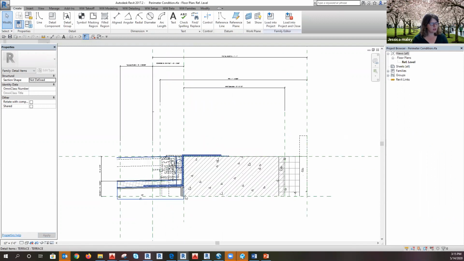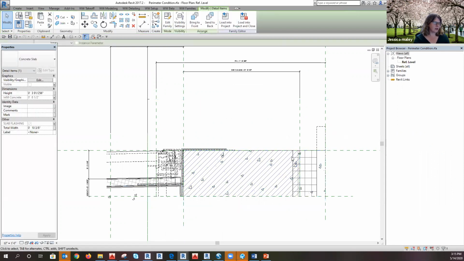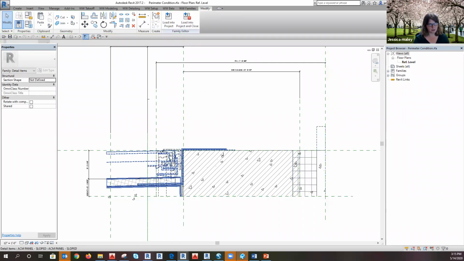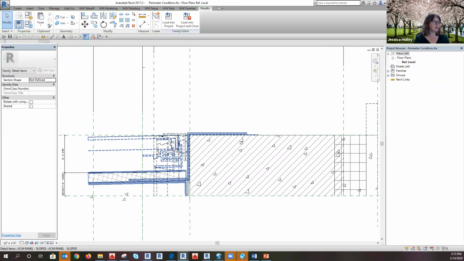Now you can see the way that, so here's our first layer. The way that this family is made is that all these little different elements I could turn on and off and manipulate are their own families within this perimeter condition family. So to make that panel, I'm going to create